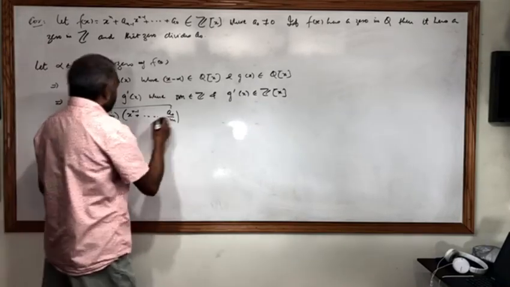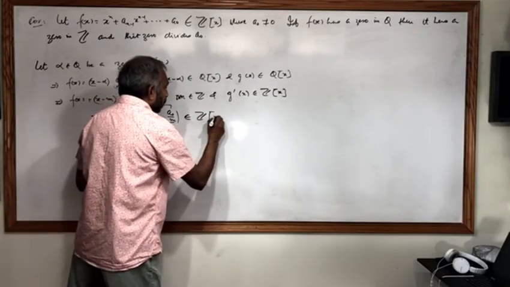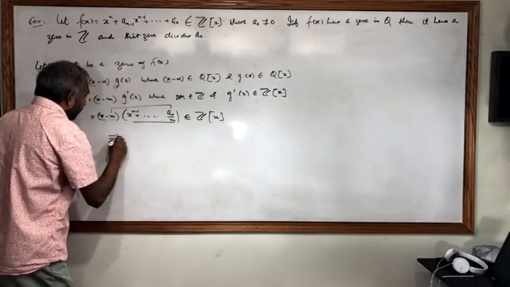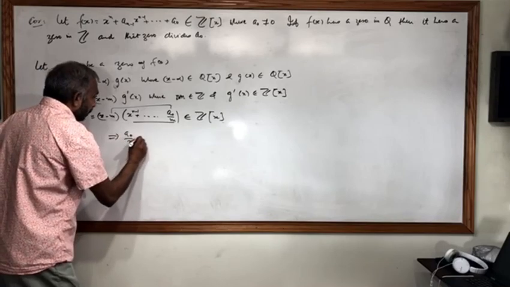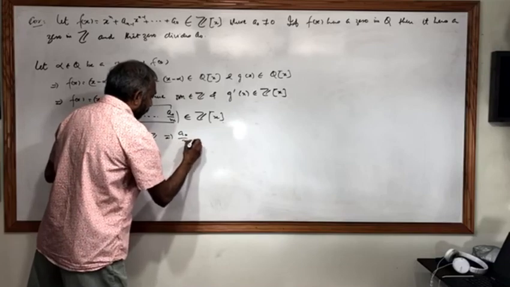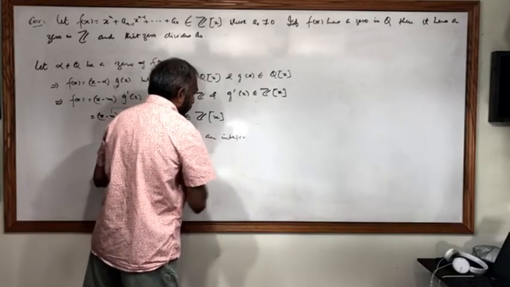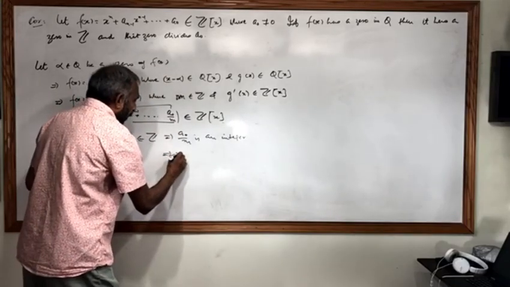So this actually belongs to Z of x, and that implies a0 by m belongs to Z. That implies a0 by m is an integer, and that implies m divides